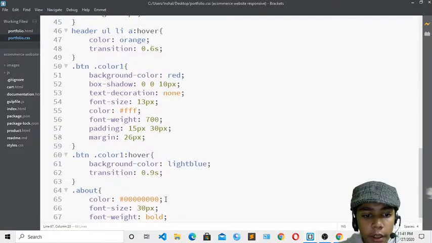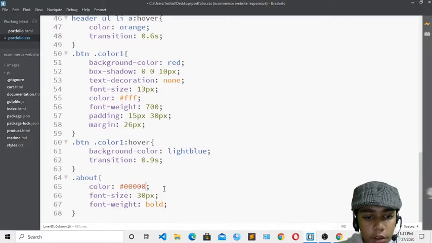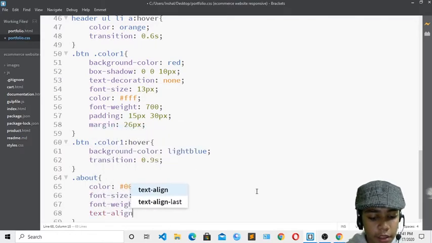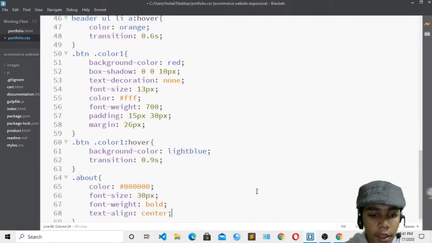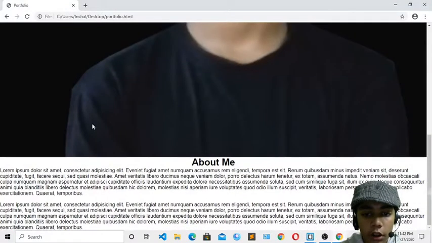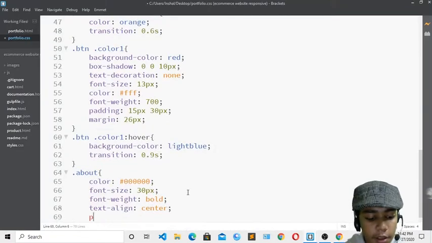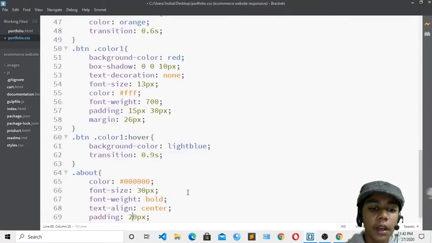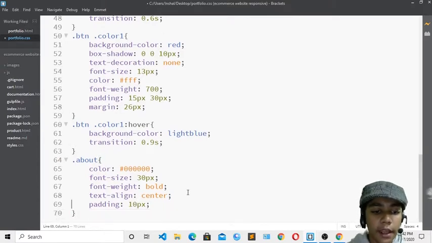So I will come over here and do one thing. I will change this to 0 again, and I will set text align to center. Okay, and I will save. Okay, over here, and if I show you, here you can see how beautiful my about me is looking. Okay, so here it is going, and I will give it padding also of 20 pixel. Okay, 10 pixel is good. Okay, I will give it 10 pixel. Then I will do one thing.